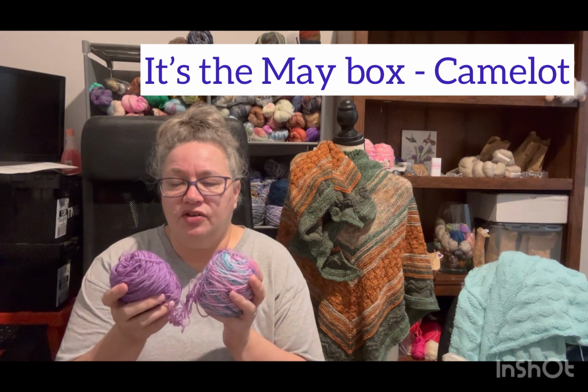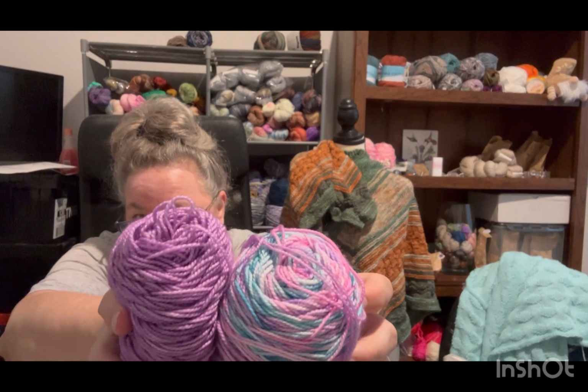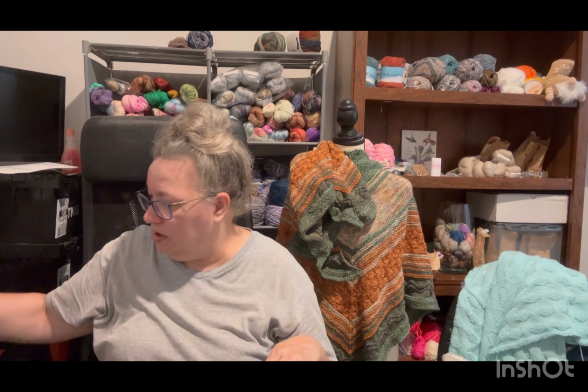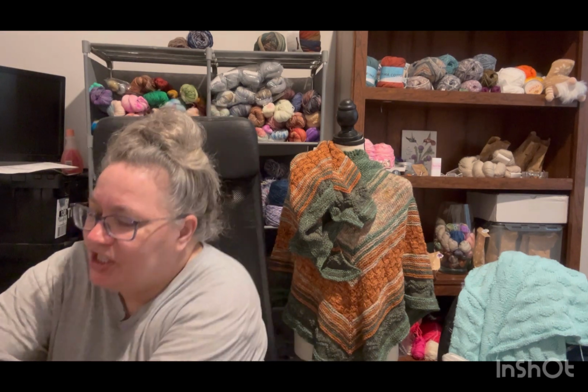So the contrast color, this purple, I'm pretty sure that this is actually going to work out pretty well. This will be my heel, toes, and cuffs, so I know that I'll definitely have enough of this one. Even though I believe it's over 50 grams left, I know that I'll definitely have enough to do both of those. So there is my yarn, and I am a 9-inch circular girl, so 9-inch circulars. So I am going to also use some of my progress keepers,